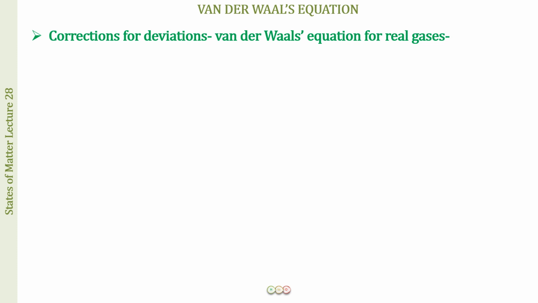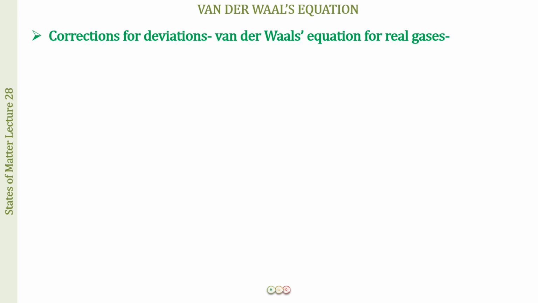One is going to be for the intermolecular forces of attraction that the kinetic gas theory did not take into consideration. And when it is a correction for the intermolecular forces, it is going to be a correction in the pressure term of the gas equation PV equal to nRT. Why it is going to be in the pressure term, you will understand just now. But just remember, the first correction will be for pressure, accounting for the intermolecular forces of attraction.